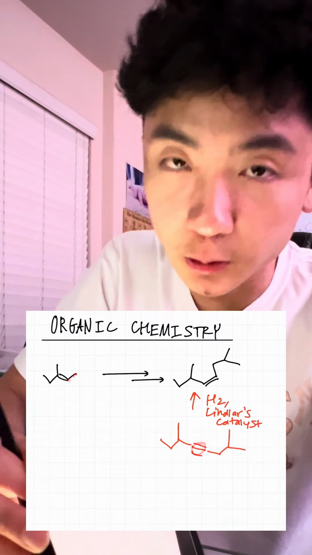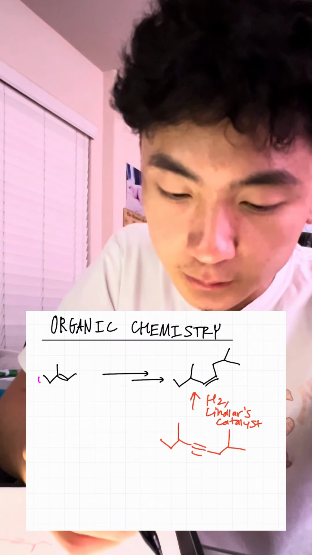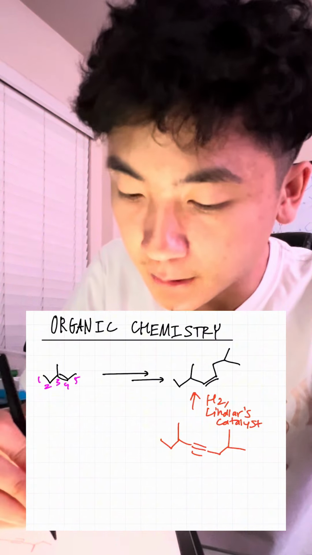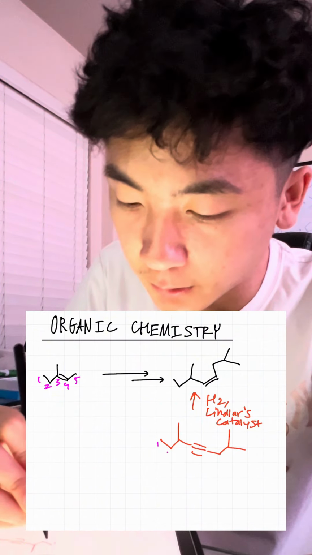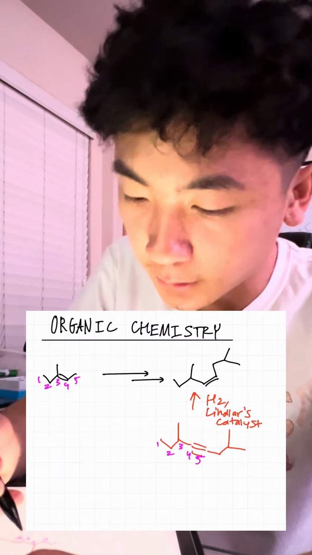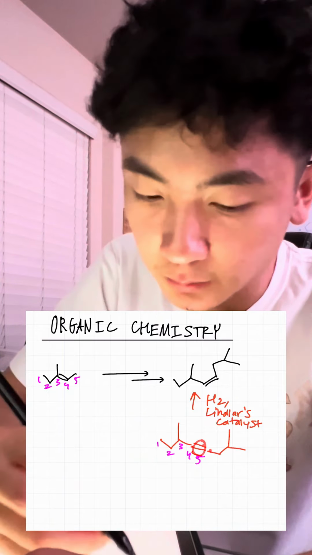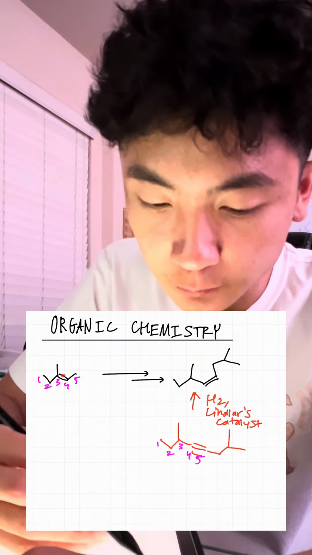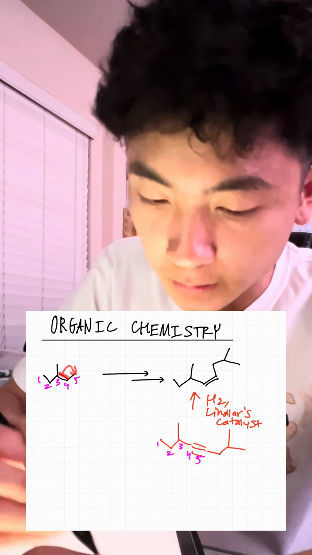we can number our original molecule like this: 1, 2, 3, 4, 5, just to keep track of the carbon atoms. And we can see that those 5 carbon atoms that I just numbered are these 5 carbon atoms right here: 1, 2, 3, 4, 5, where we see that the alkyne is between atoms 4 and 5. So we know that we want to shift our double bond from 3 to 4 to 4 and 5 to eventually get